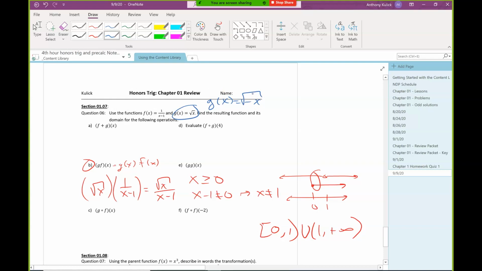How about just g of x equals the square root of negative x? If I do that, when I get to here, I'd have negative x is greater than or equal to 0, which would just turn into x is less than or equal to 0. So this would be going the other direction. So you'd be going negative infinity up to 0. Is that okay? So again, not hard to get one with a negative infinity on it, but it probably